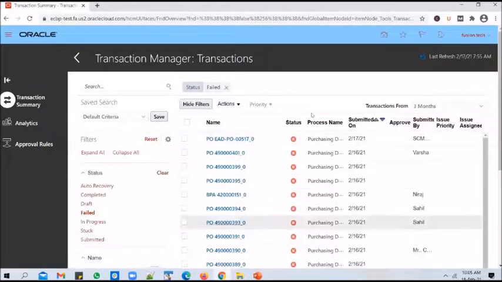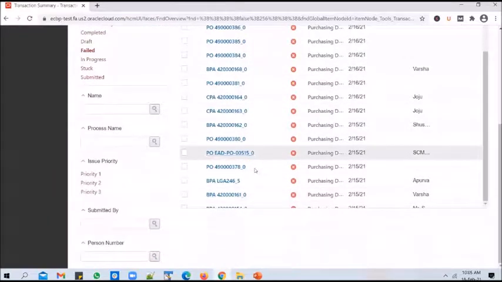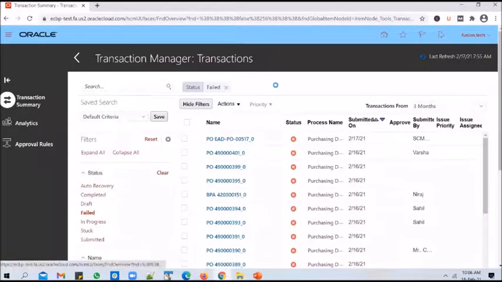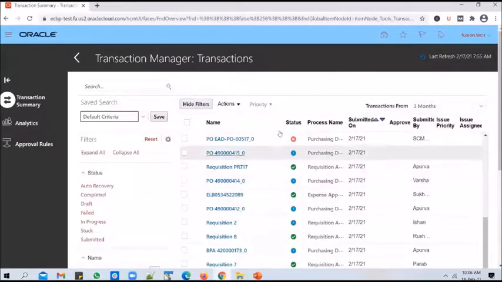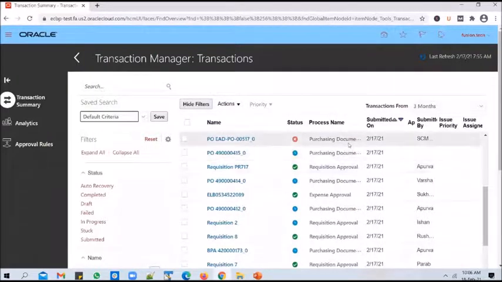In the summary screen, you will basically see the transactions that are undergoing the approval process at the moment. You might see purchasing documents, jobs that are created, journals or invoices which are undergoing approvals. You've got various search options available, which can help you filter down the requests. By default, you will see only failed requests, and if you take out that filter, you will see all the requests. For every request, you will have a transaction number, the status, and the process name. This is important. This process is nothing but the approval process name.